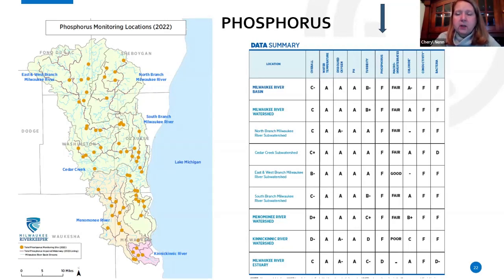which is called a total maximum daily load, which is very wonky. But essentially I tell people it's like a pollution diet. So we say we have too much phosphorus, it's like eating too many calories, and we need to ratchet that phosphorus down. And that is actually happening. We have a special plan for the entire basin for phosphorus and for sediment and also for bacteria. Essentially anybody who discharges those pollutants, for phosphorus, it's sewage treatment plants, it can be industries, they all have to reduce that level each year of their permit to try to get back to